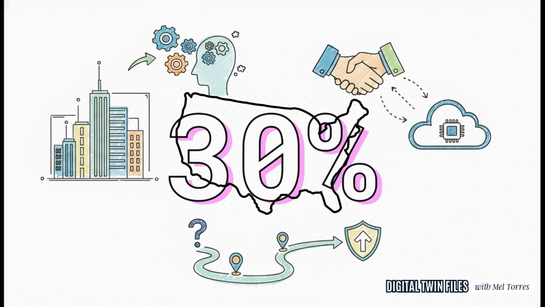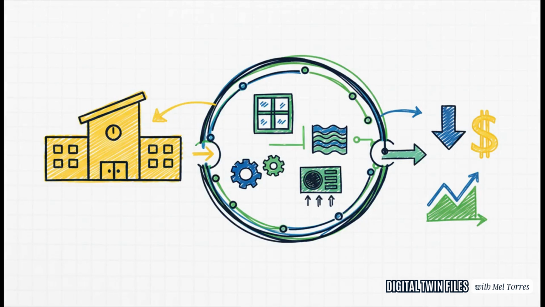This is where that what if machine really shines. With a digital twin of the entire school system, policymakers can run countless simulations. What if we put new windows in these 50 schools? What if we upgraded the insulation in that district? They can test every variable to find the sweet spot, the upgrades that deliver the biggest carbon reduction and energy savings for the lowest cost. It's about making sure every single taxpayer dollar is spent for maximum impact.